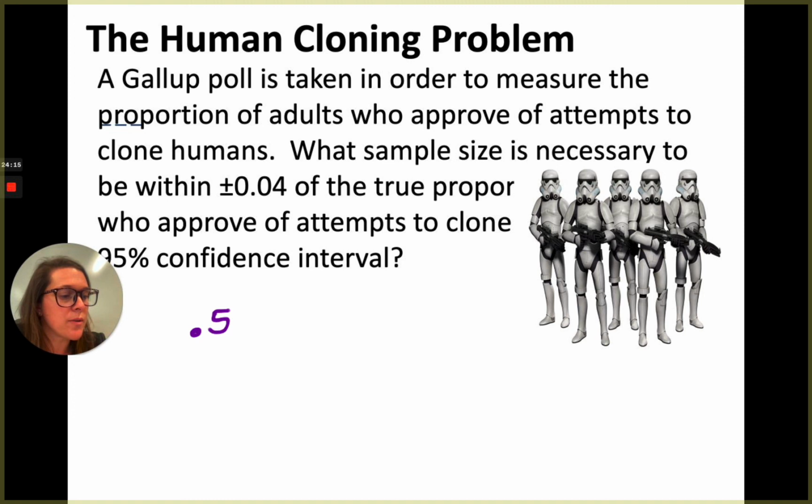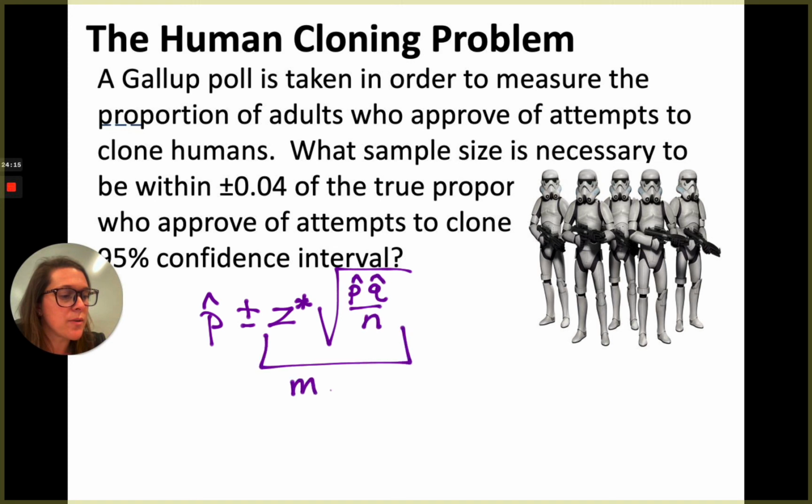But if we think about our formula, p hat plus or minus z crit times the square root of p hat q hat over n, what part is your margin of error? Well, right here, this is your margin of error, your plus or minus. So I need that to be equal to 0.04. What is my z crit at 95%? 1.96 times the square root of my p hat q hat, we're doing 0.5 times 0.5, over n. Now we've got some math to do,